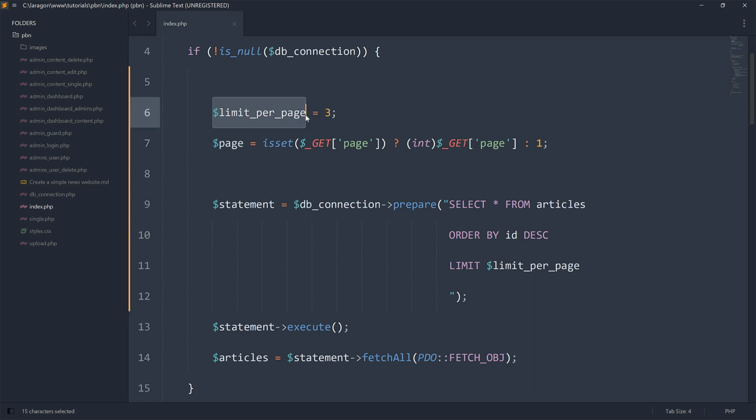So at this point, we would like to know, if you are on page 1, we should get, let's say, from article 1 to article 3. And when we move to page 2, we should get from article 4 to article 6 or 7 or 8, and so on. So it means our limit has an issue because so far it only gets 3 articles, but 3 articles from where? So we need to give,